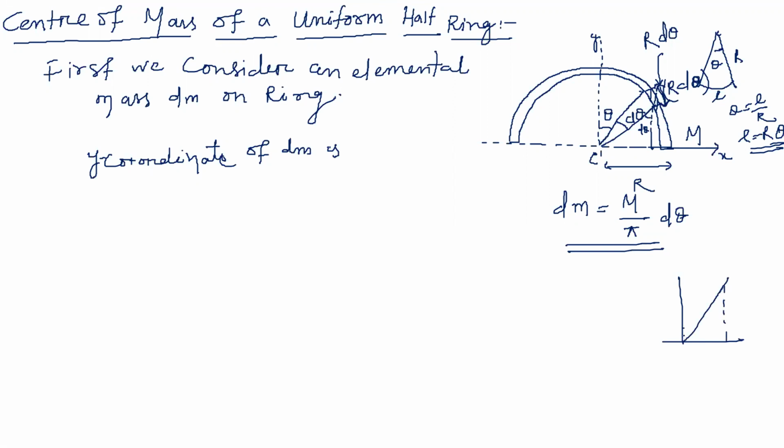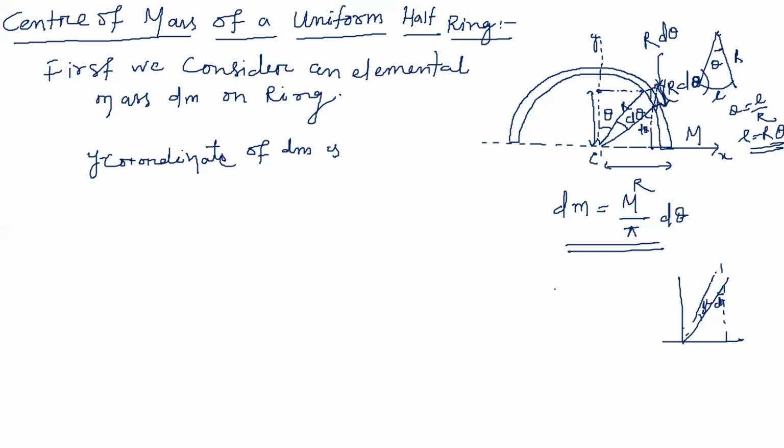If this part is d theta, this small part is going to be d theta, then this part is also going to be d theta. Yes or no? If I am drawing a perpendicular, because this is very small. So what is going to be the y coordinate of dm? The y coordinate of this small part, how much will it be, students? See here, if this is theta and the total radius is r, this length is going to be how much? R cos theta, na, students? If this is theta, this is r, this is going to be r cos theta, na?